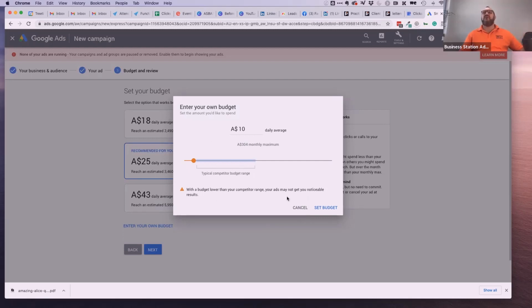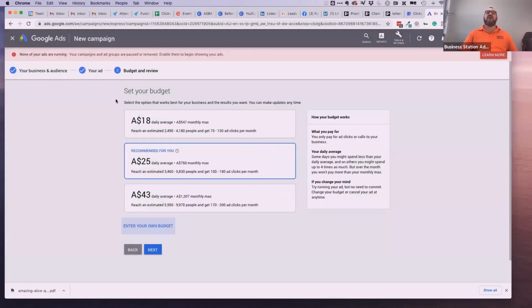I'm like, well, you know what I probably need to do now? Knowing that I'm advertising in the whole of Western Australia, I've said basically that I want to advertise into Perth, which makes me going up against a whole lot of other people who are much bigger than me and have deeper pockets to advertise than I do. So I go, look, I might not get noticeable results. So I might want to go, you know what? I need to go back